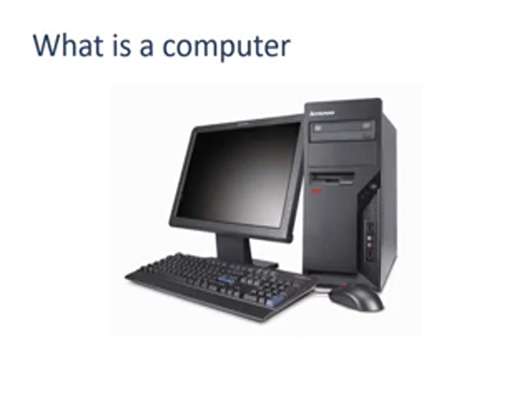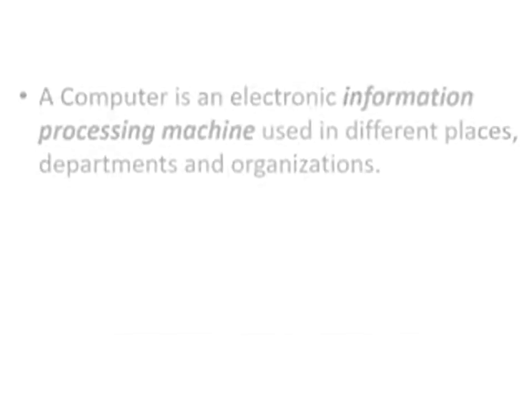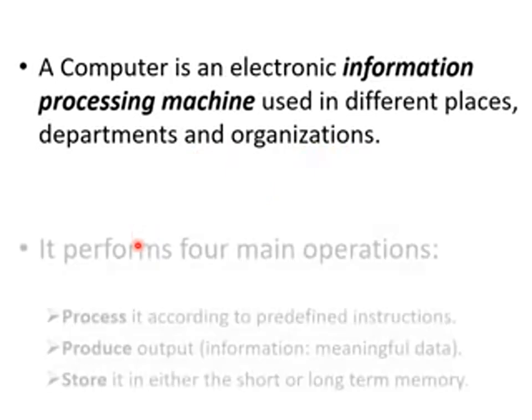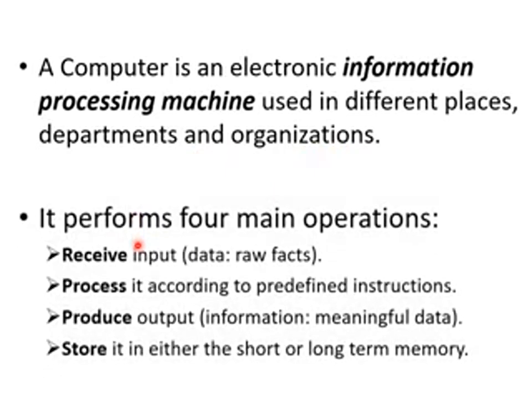To answer that question, a computer is an electronic information processing machine used in different places, departments, organizations, and homes. But what makes a computer is that it performs four main operations. That is, it receives input as data, which is raw facts. After receiving the input, it processes it according to predefined instructions. After processing it, it will produce the output, which is the information, in a meaningful way for you to decide